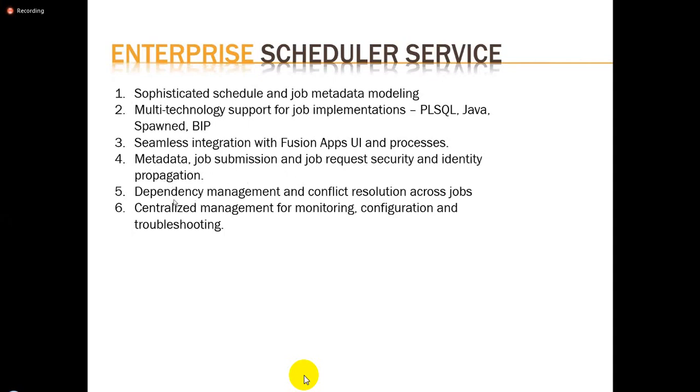Okay, and dependency management and conflict resolution across jobs. Yesterday someone asked about incompatibility. Oracle ESS offers incompatibility services, but I'm going to talk about incompatibility in a little more detail, comparing what we can do in our instance with what really can be done if we have been given access to the full Fusion application. Okay, and it has centralized management for monitoring, configuration, and troubleshooting.